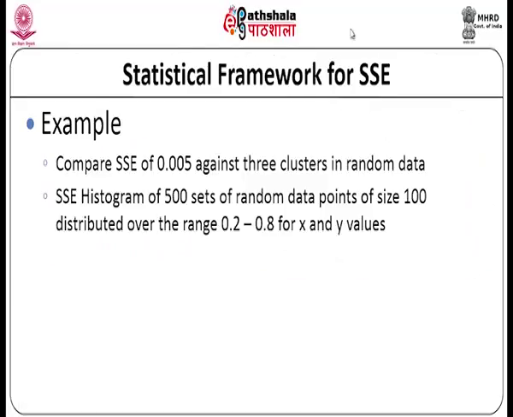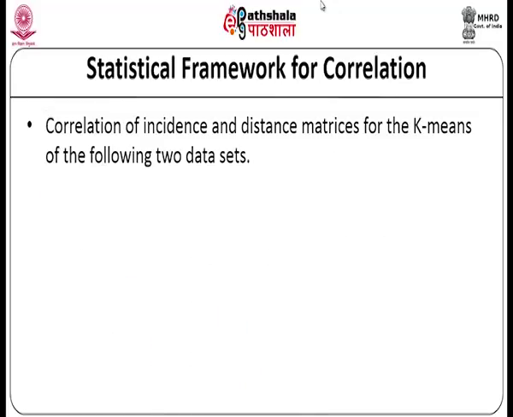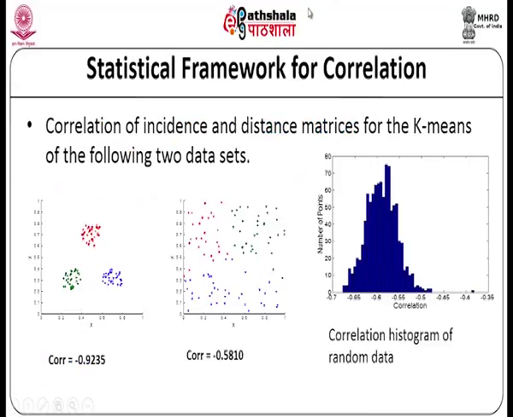So, next we will talk about the statistical framework for sum of square error. So, compare the SSE of 0.005 against 3 clusters in random data. So, an SSE histogram of 500 sets of random data points of size 100 distributed over the range of this, and so this is an example. So, correlation of incidence and distance matrix of the k-means of the following 2 data sets. So, depending on the correlation we can find out how good our